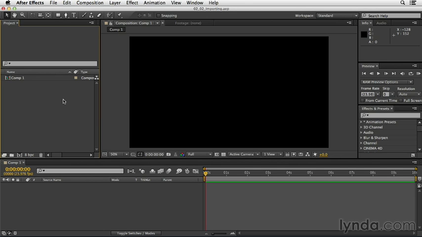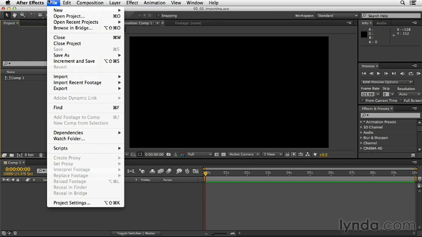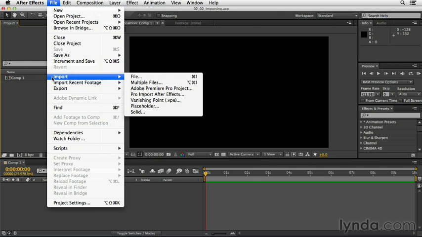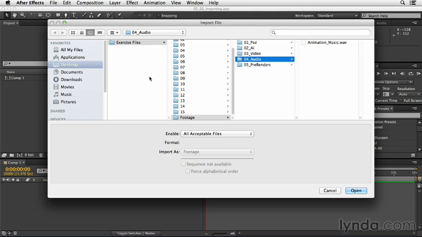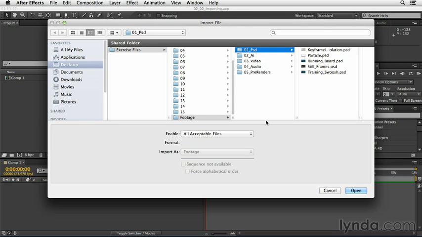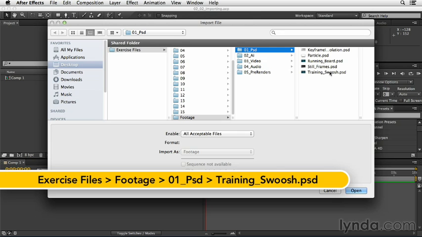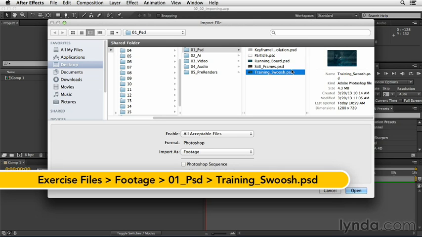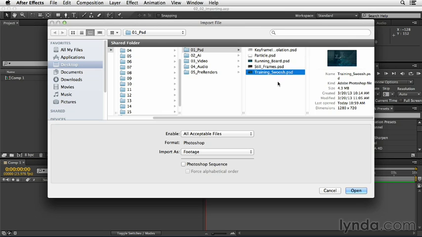So to start the import process, let's go up under the File menu and choose Import and choose File. Navigate in your Exercise Files folder to your Footage folder, and in your Footage folder, you'll find a Photoshop document. Now, if you don't have access to the exercise files, you can use any layered Photoshop document. That's perfectly fine. Now, the Photoshop document I want you to import is this training swoosh document. If you click on it once, we can highlight it, and then down here, we have options for how to